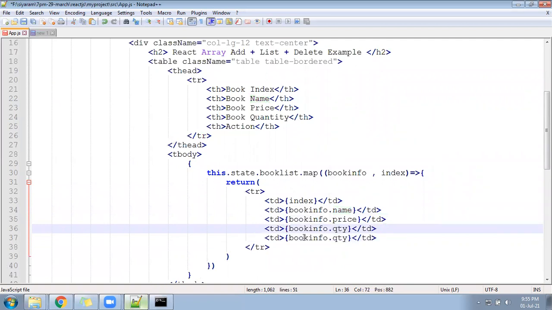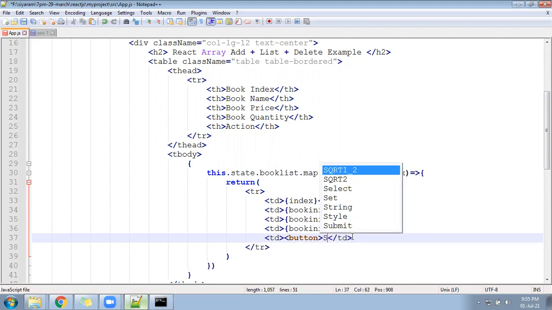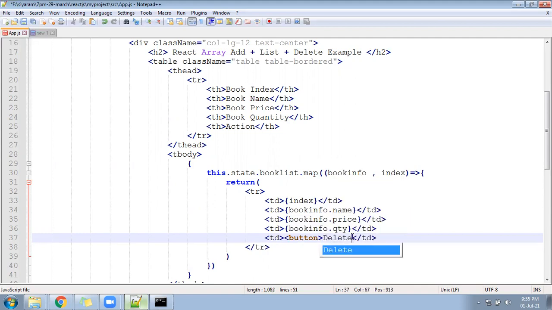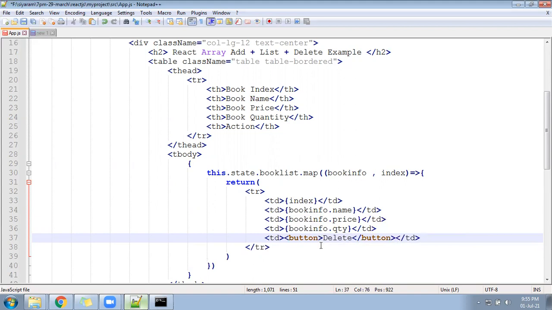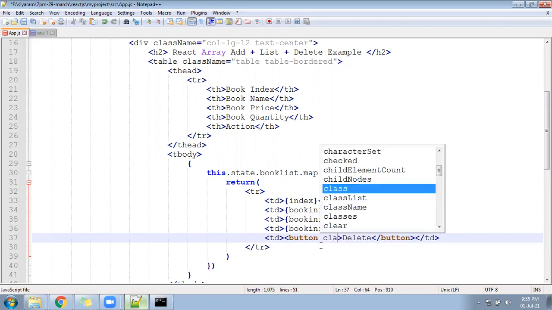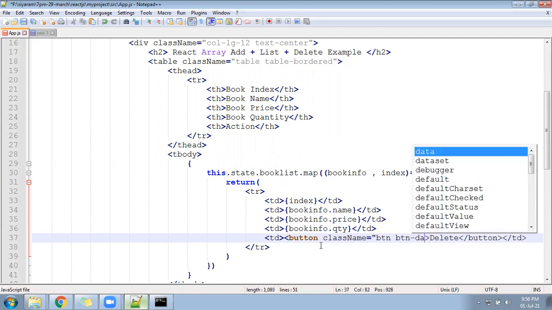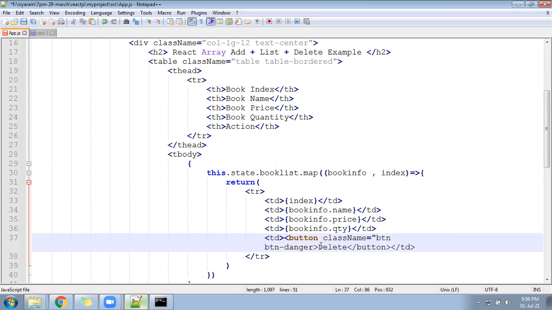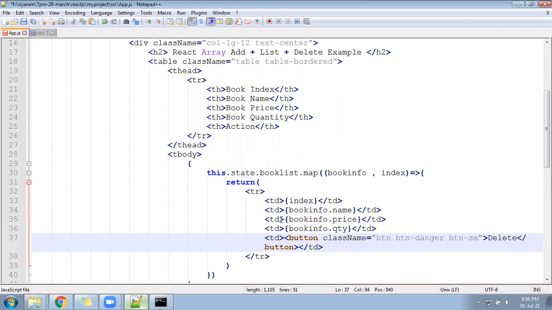And meanwhile, one more td is required for the delete purpose. So we can write directly a button, delete, and close the button too. Right. After that, apply the Bootstrap class. className equal to btn and btn-danger I'll give here, and btn-sm. So I'll follow here.